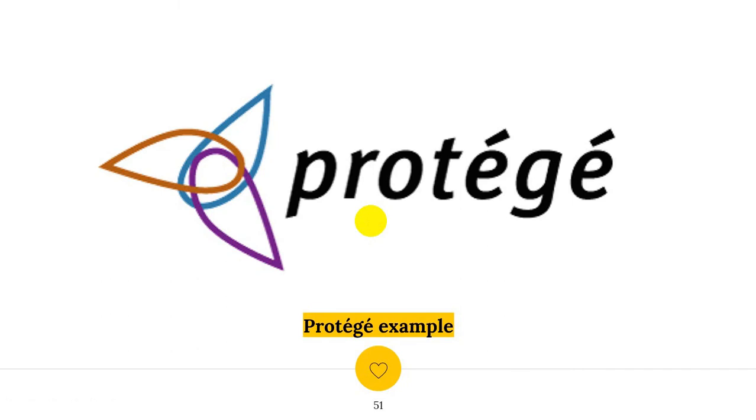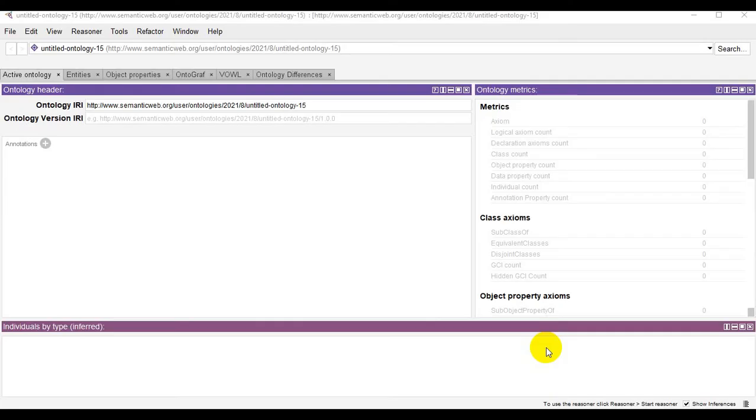Now let's move on to Protege and see our first example with it. Since its version 3, Protege does not support the PROMPT plugin. So here we are going to see how to merge two ontologies using Protege 5.5.0. After the mapping process and identifying all mappings between the two source ontologies, we will follow these steps in order to merge our ontologies.